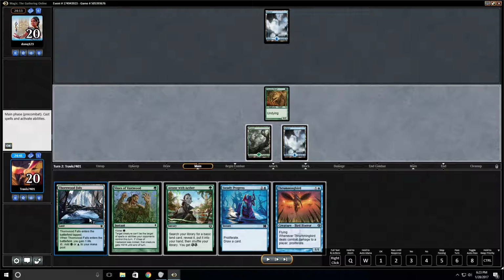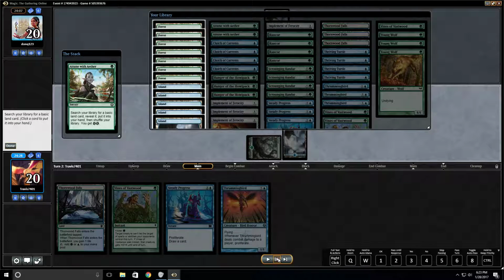I probably should have played Thornwood Falls here, because I leave the Island untapped anyway, so it didn't do me any good to play an untapped land. I should have just played the tapped land and then attuned with Ether. But anyway, I go ahead and attune with Ether, grab another Forest,